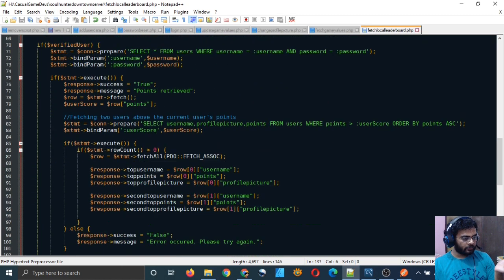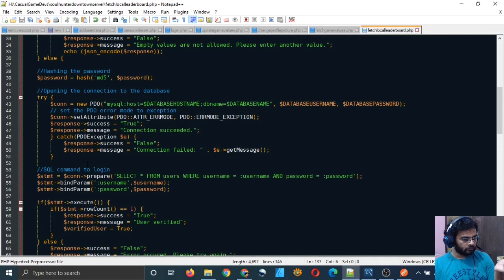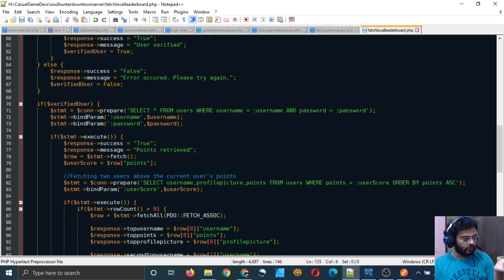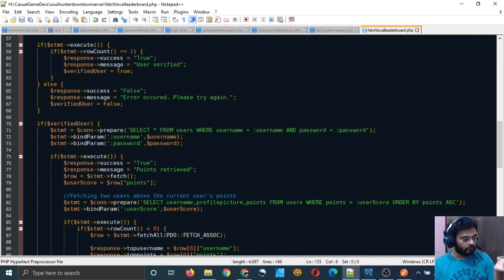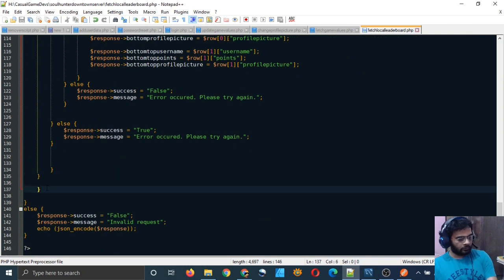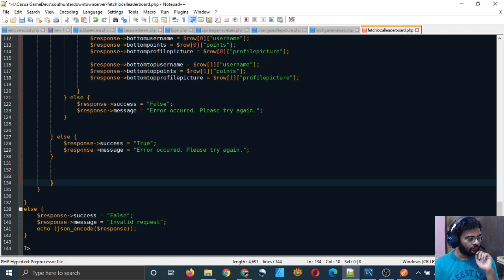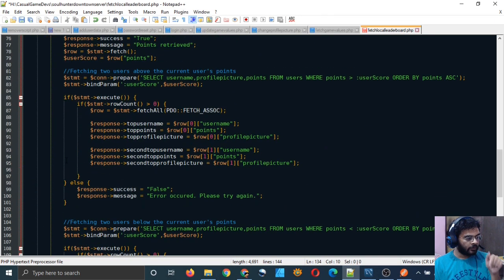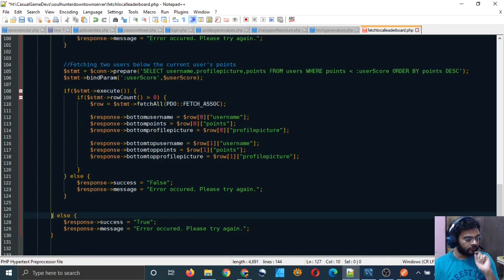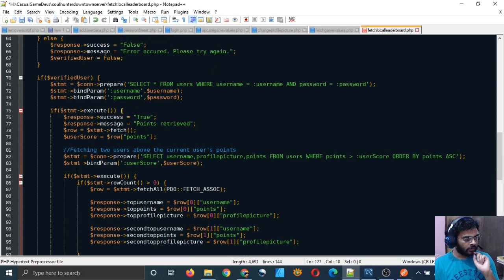Where will we echo it? Where did it go? I think some brackets or some curly braces were extra. What is this one? If verified user. Okay, what is this one? This one else. What is this? If a statement executed.